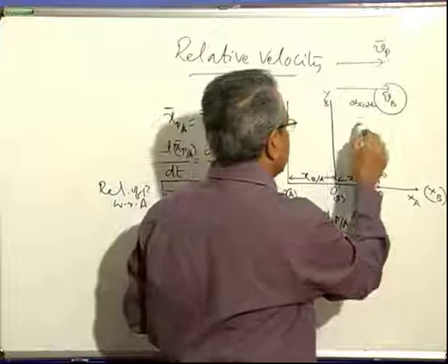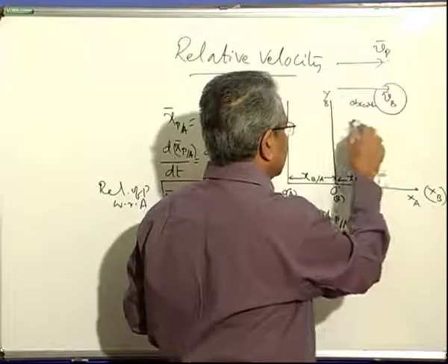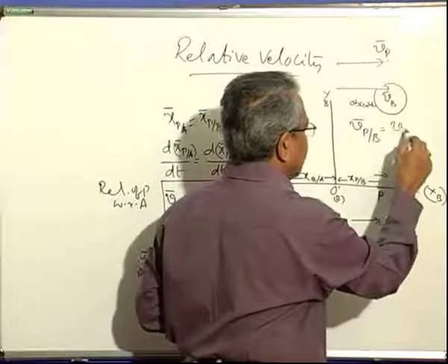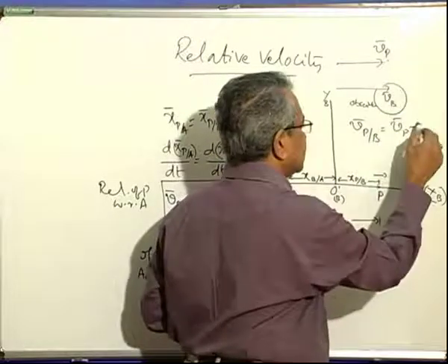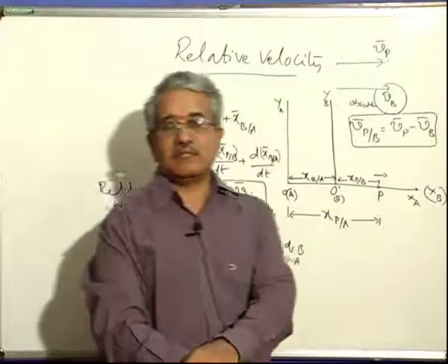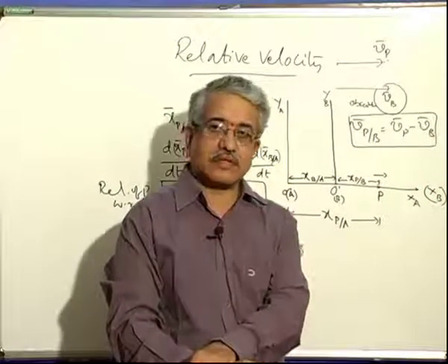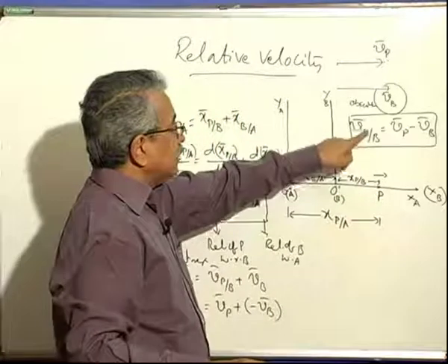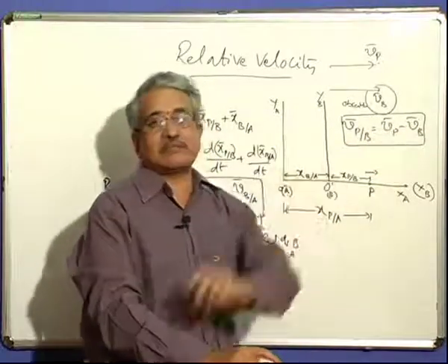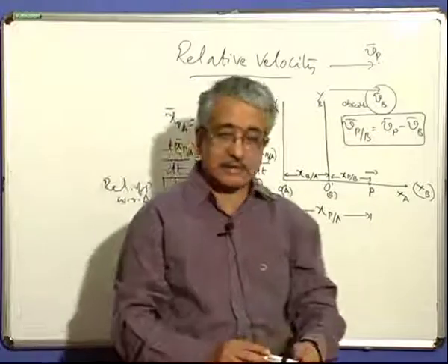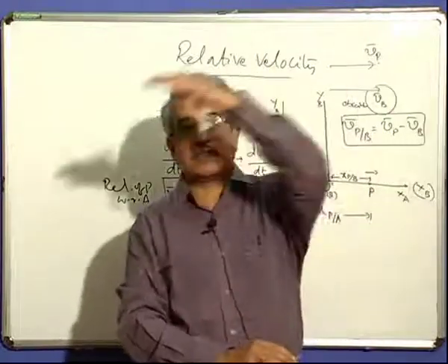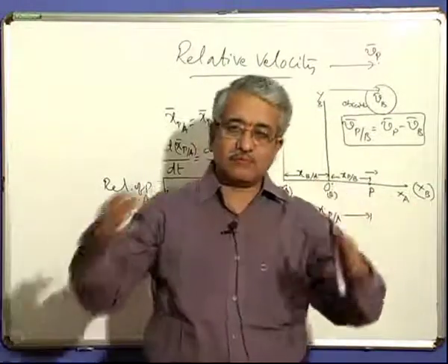So relative velocity of P with respect to B is equal to, this is the equation, actual velocity of P, and he will see his own velocity also reversed in that. You have to find this equation vectorially by using the triangle law of subtraction of vectors. So like this, the actual velocity minus the velocity of the observer, that means the reverse velocity of the observer there. That's what is happening in the example I just now gave you. When the earth is moving in one direction, we will see as if the sun is moving in the opposite direction to us. Actually the sun is not moving, only the earth is moving there.